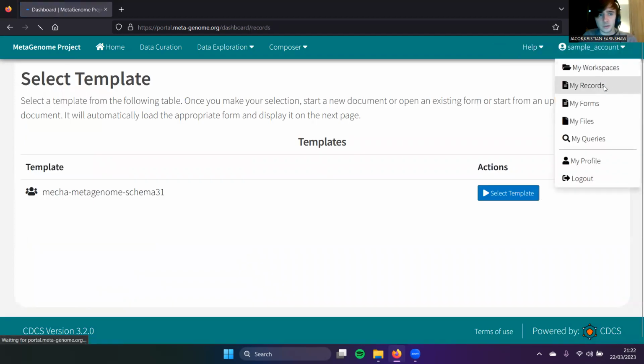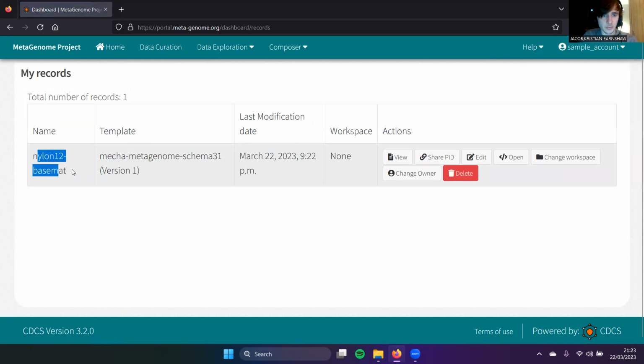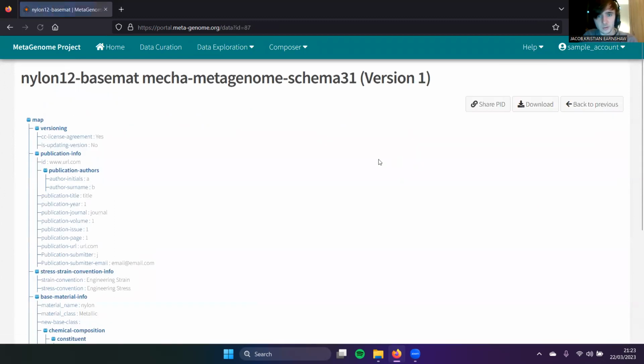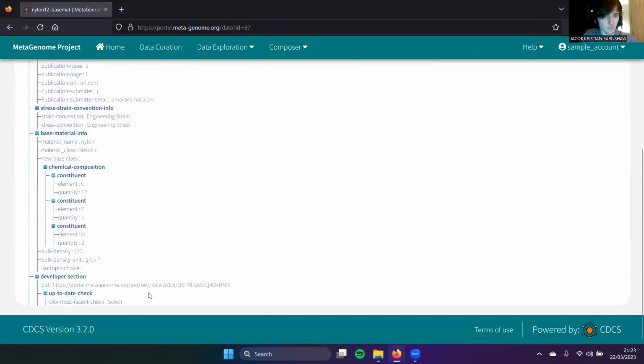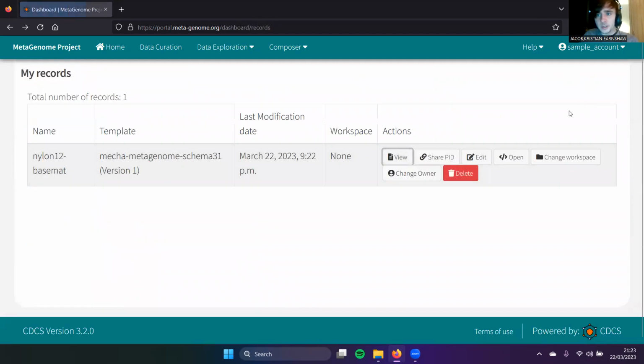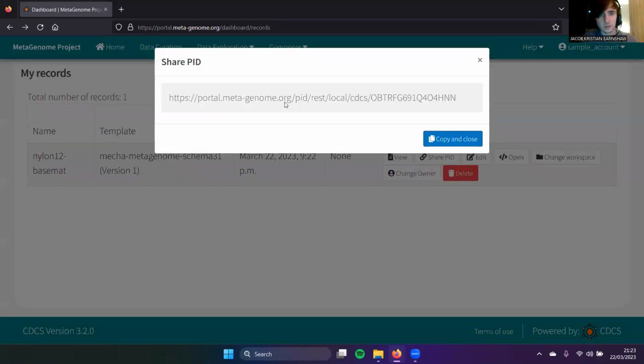Now we go over to my records, and here it is, nylon 12 base mat. So we can inspect this, and it's the same, but now we have generated a PID. This is a unique identifier for this submission, which is here. So this is a link that will send you directly to this submission. This is important for now. I will copy and close,